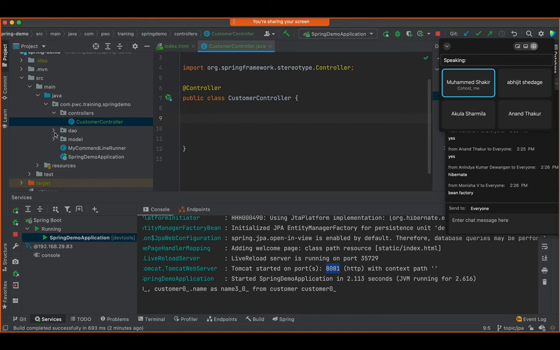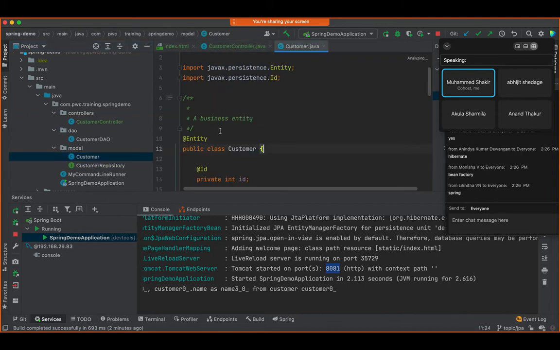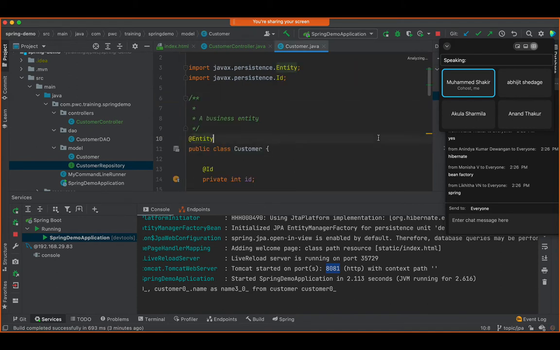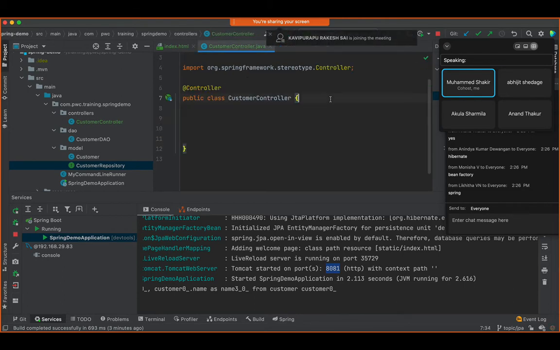As far as Hibernate is concerned, we used two things here. One is the repository, and the customer class was marked as entity. Customer repository was marked as a repository. These are the two entry points for us. Yes, it is the Spring Framework, right? So in general, it's the Spring Framework that will create an instance of the controller, and I can very well give